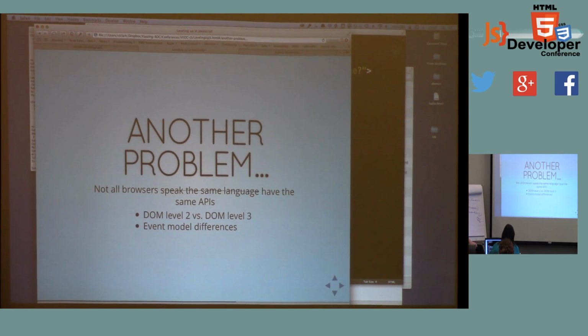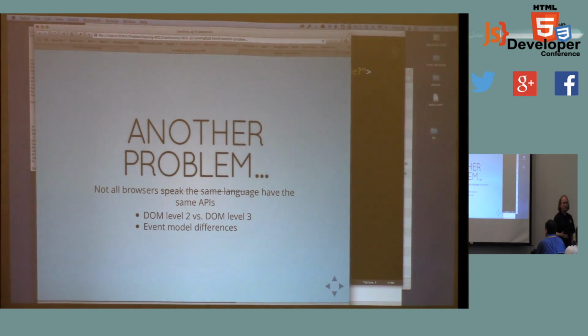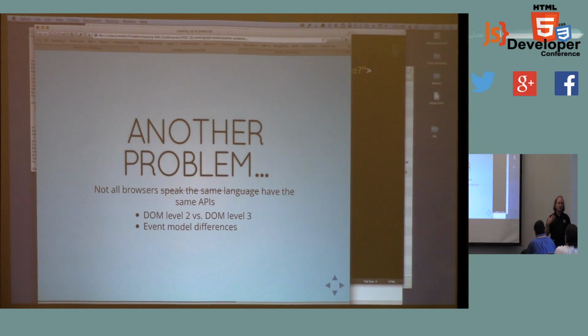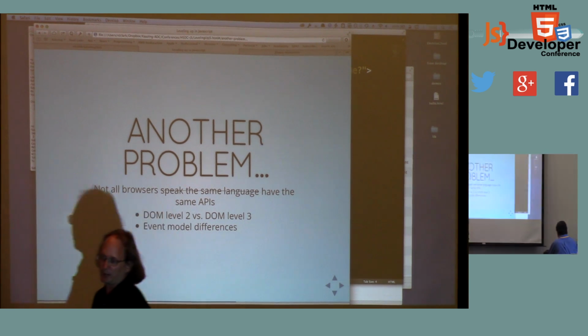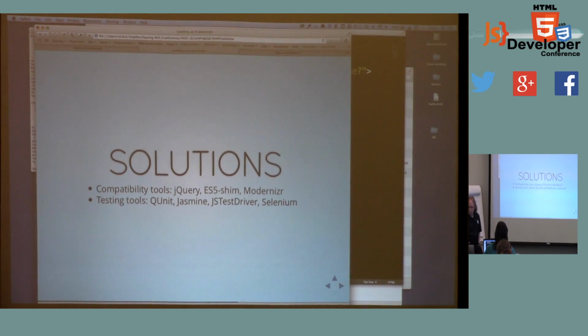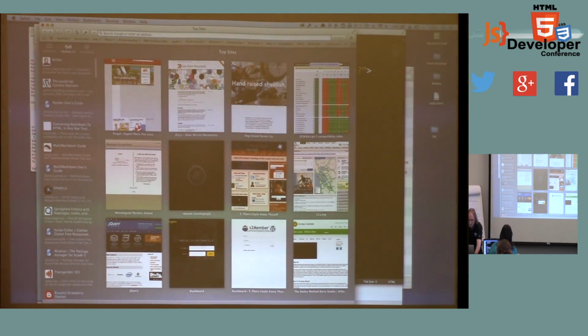Also, not all browsers have the same APIs. So your modern browsers have something called DOM, Document Object Model Level 3. That's where querySelectorAll is defined. There's some other page manipulation options. There's some cool stuff. And the event models can be different from IE to what everybody else does. So one way is to use jQuery to iron out the differences between the event models, and the differences between DOM manipulation. That works. It's a little expensive in terms of size. Another one, if you know you're on a more modern browser,